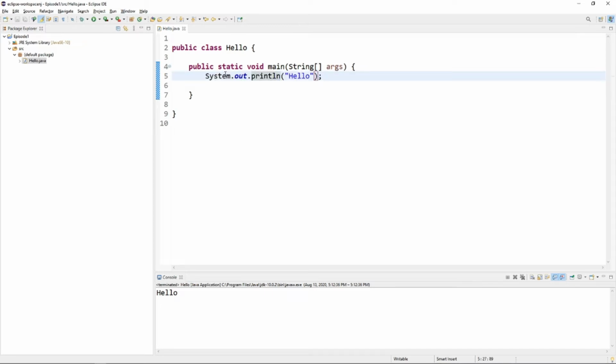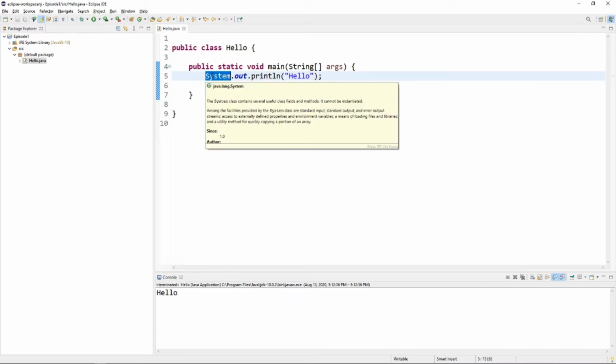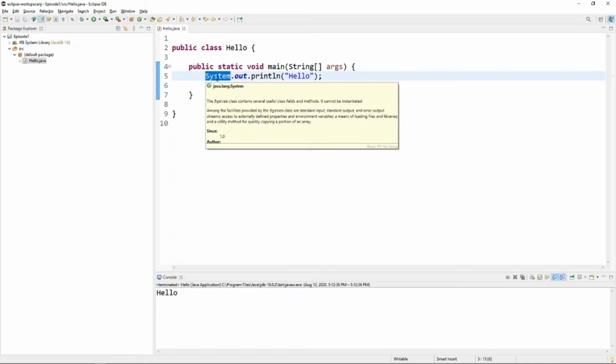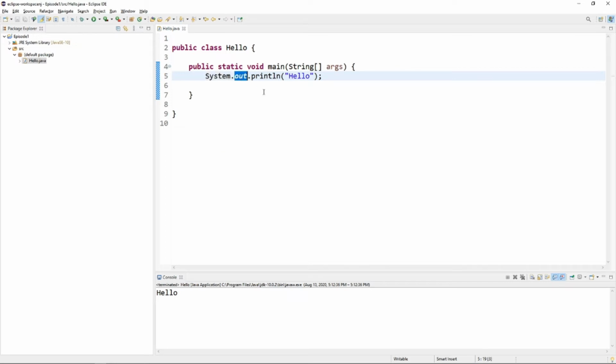System.out.println. System is telling the system to do something, because the computer is what's running the code. So in this case, we're telling the system to run the code. And out means output, because we're giving output to the user in the form of text. And println is telling the system that we're outputting something, and what